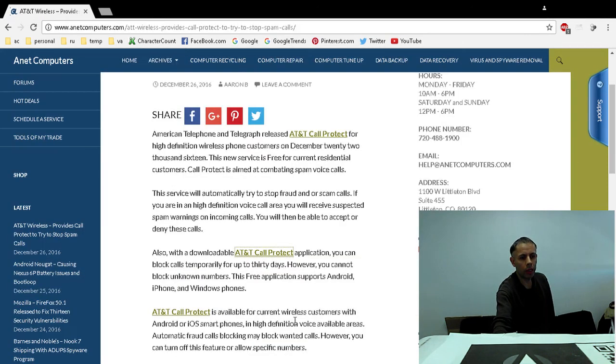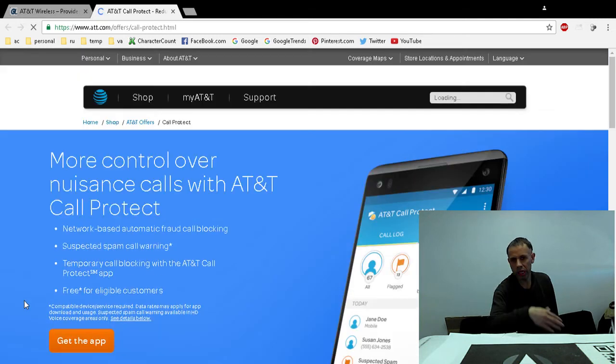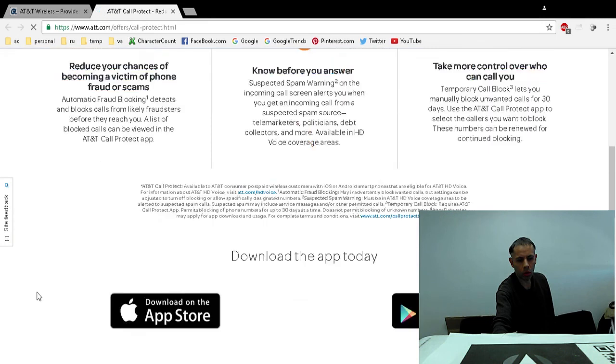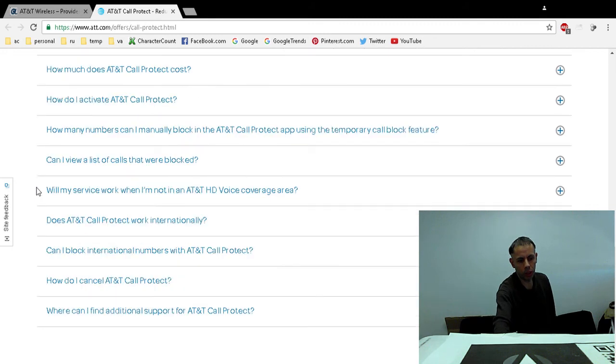And then the third and final link will have more details than I went over, because it has frequently asked questions. I did get some of my information from these frequently asked questions, but I didn't include every single one. AT&T Call Protect. Oh, quickly, I might make a video, but I use VoIP.ms, which is a voice over internet protocol service